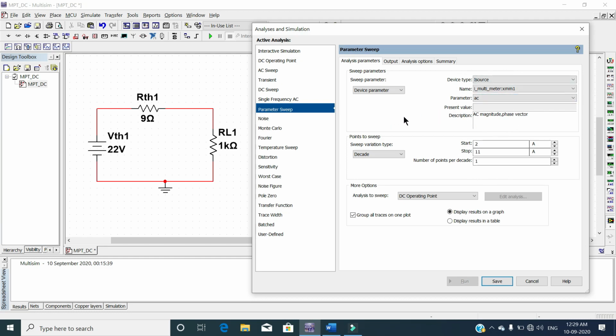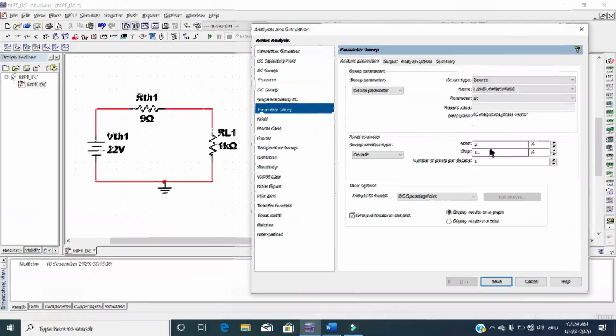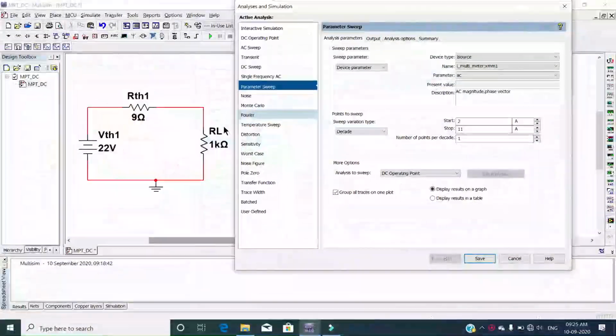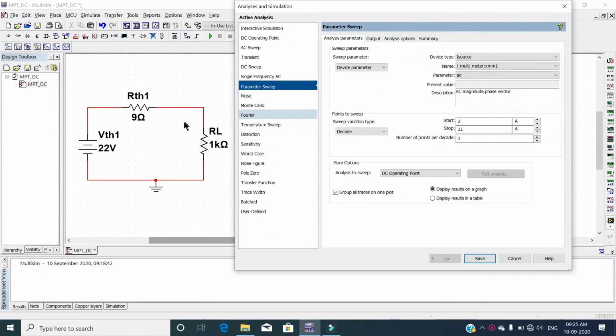The effect is same as simulating the circuit several times for each one of the values. So here I will be changing the resistance parameter of this load resistor and check the value for which the maximum power will be delivered to this load resistor.